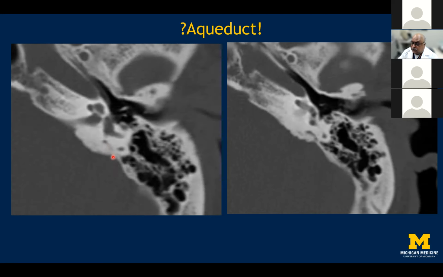Oftentimes, trainees get confused about the vestibular aqueduct, which is shown here as a shallow channel which runs along the posterior aspect of the petrous ridge, and it parallels the posterior semicircular canal. So this is just a representation of a vestibular aqueduct, which I needed to reinforce, and for all of you to recognize when you do